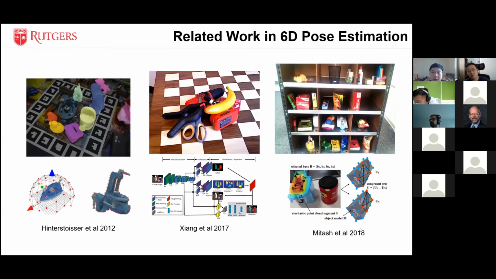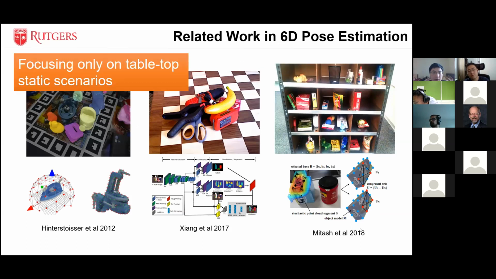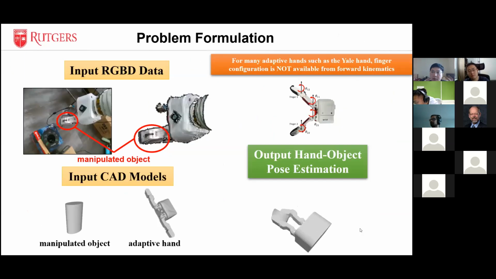So there are many related works in single image based 6D pose estimation. And a common similarity between them is that they're mostly focusing on tabletop static scenarios. However, in the robotics community, especially for robotic manipulation, there are many cases when the objects are not lying on the table. For example, during the manipulation, let's say the tracking is lost,